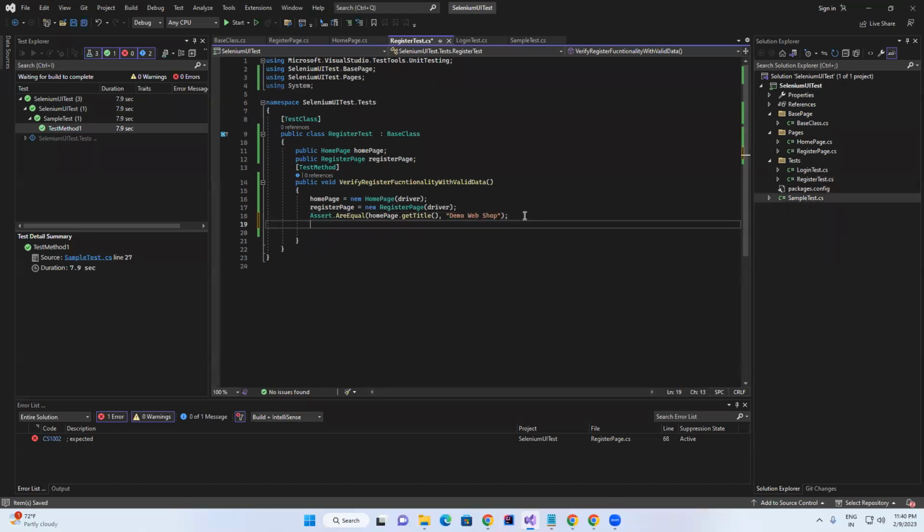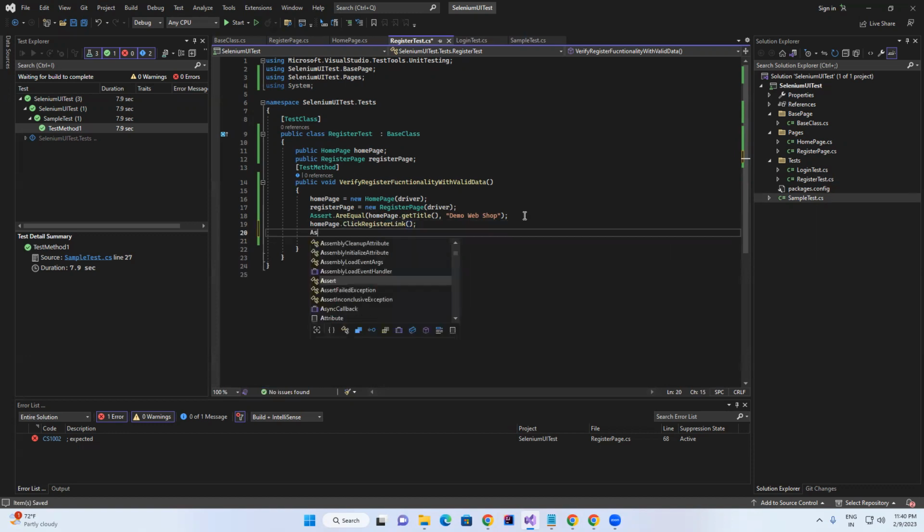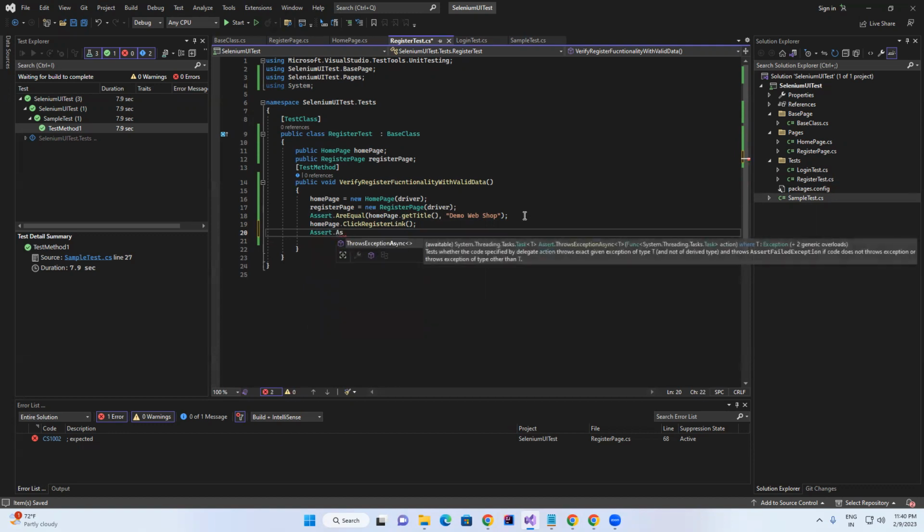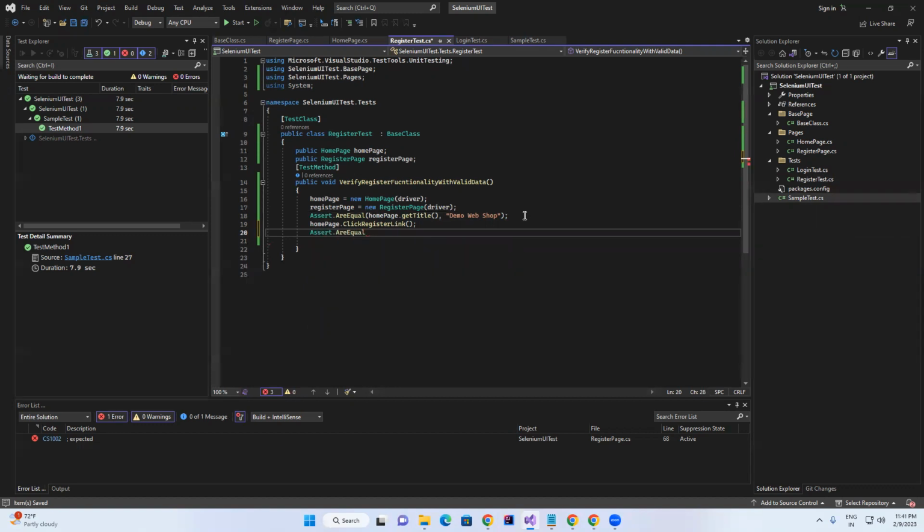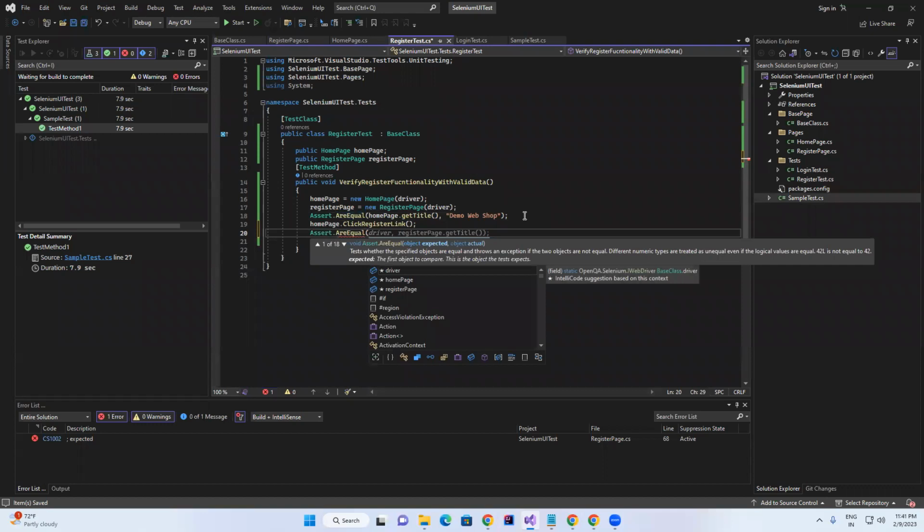Perfect. Okay, we are done with this. So next one, click on the register link, right? Okay, homepage dot click on register link. Right. Then we have to verify the title here. Assert dot assert equals. Right. And then here,